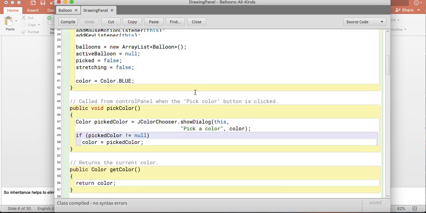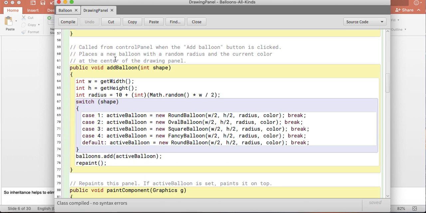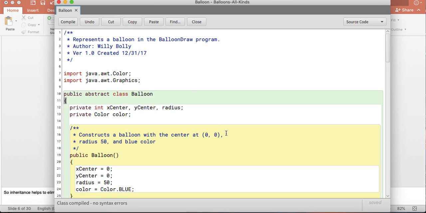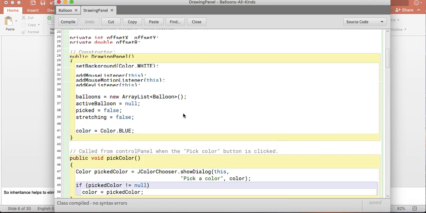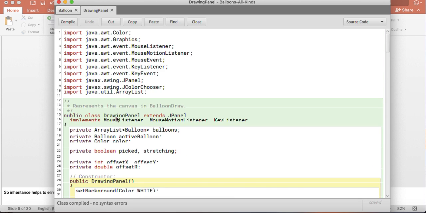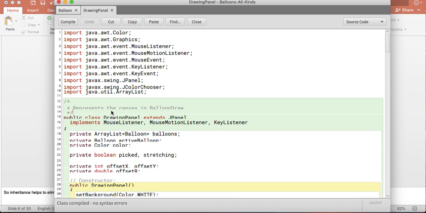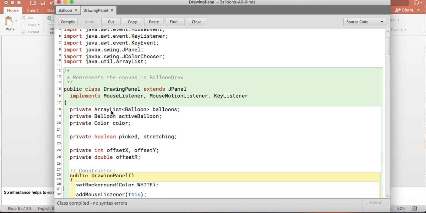Notice something's going on here. Gonna close this and reopen it. If we look at the drawing panel code, it's a bit of a mess. There we go. Not sure why that happens, but